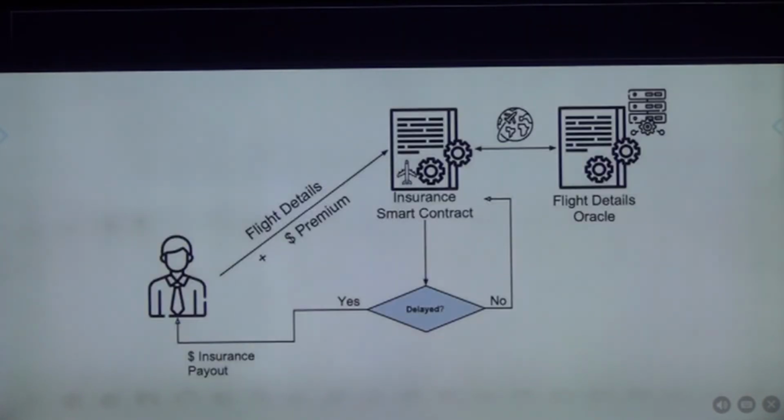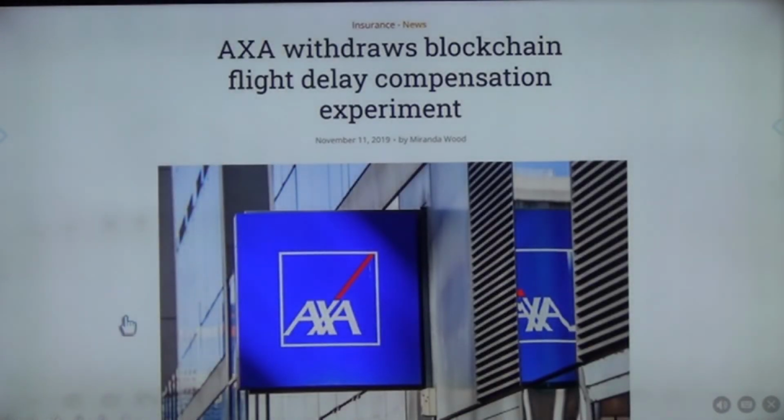So Solidity is for Ethereum, and the smart contract is self-executing code. It is connected with the machine that tells us the flight schedule and whether the flight is late or not. If it is late, it automatically pays the person and he's happy. This is the company which used it for a few years, and it was on November 11th of 2019